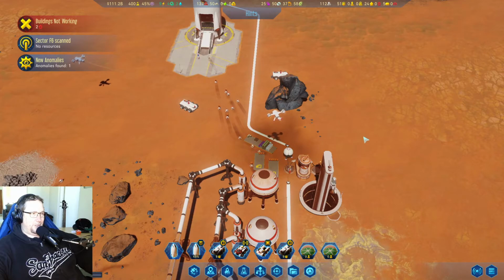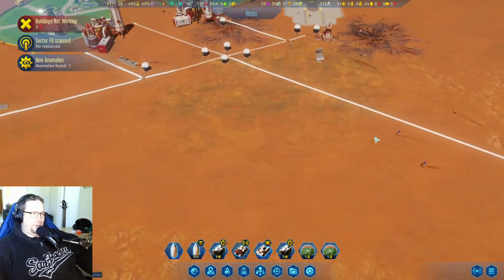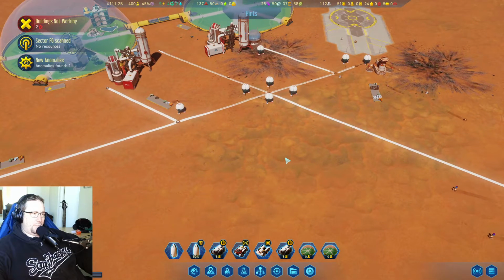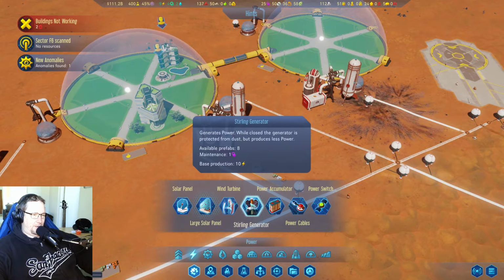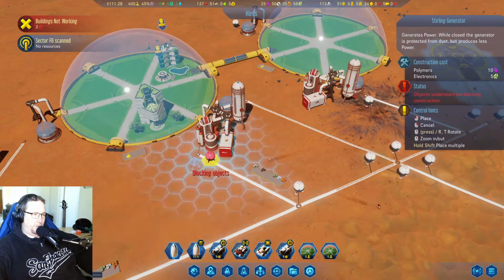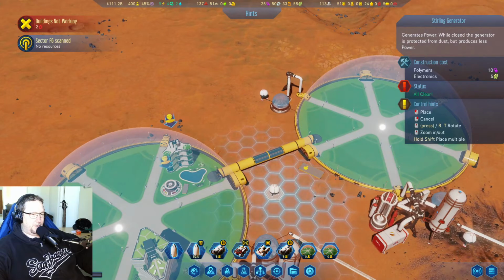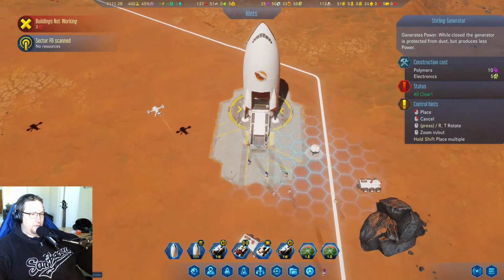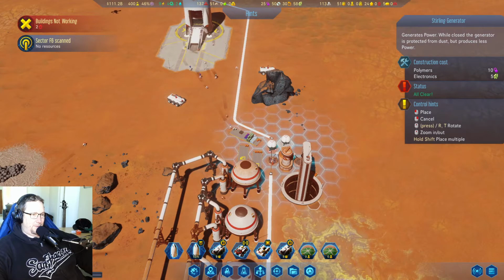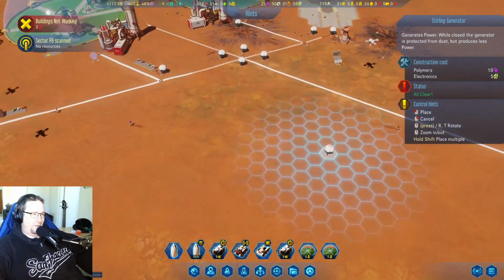Our power situation, at the moment, is 9. So, yeah. Let me sort that out quickly. We've got 8 of them. I want to just do a couple of individual ones, because I am concerned that if there's any issue,